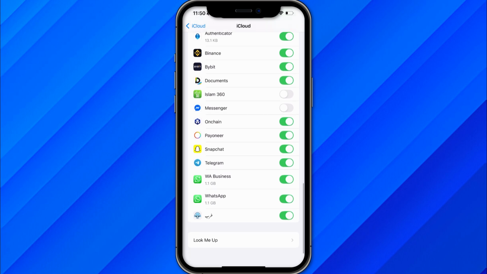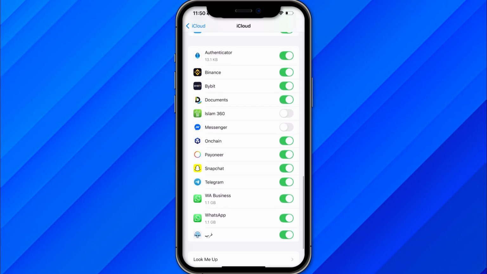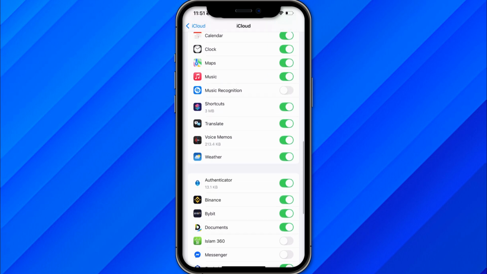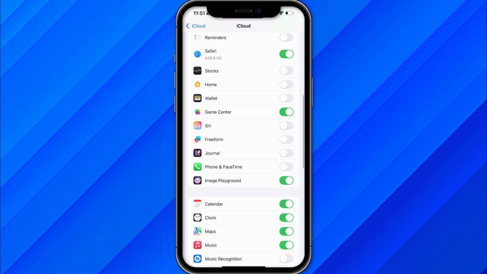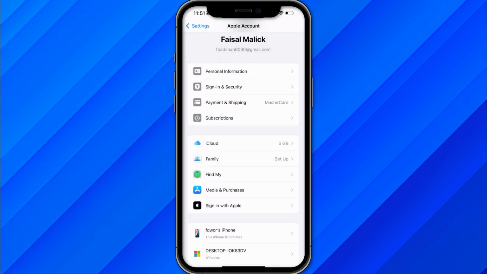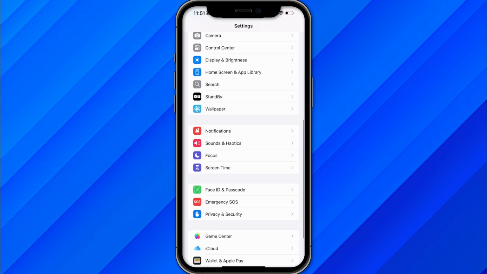One is Phone and the second one is WhatsApp. As you can see, my WhatsApp is turned on, so make sure to turn your WhatsApp off. Once you turn it off, after that scroll up and make sure that your Phone and Face ID is also turned off. Once you turn off both of these, after that go back and inside your settings, scroll down and